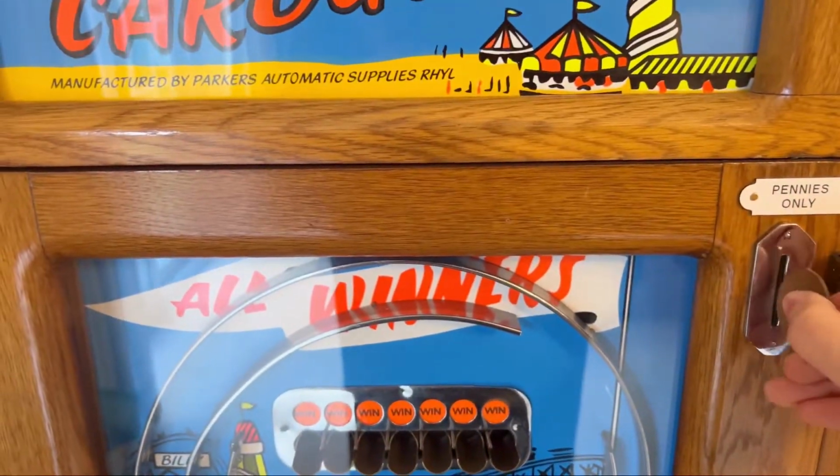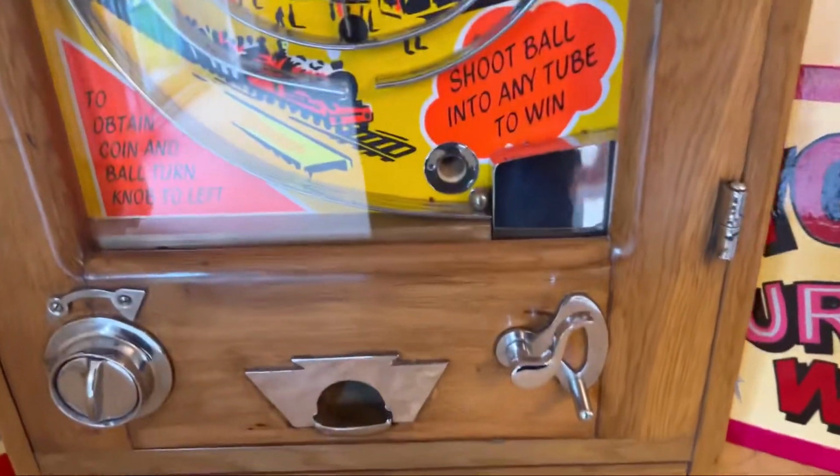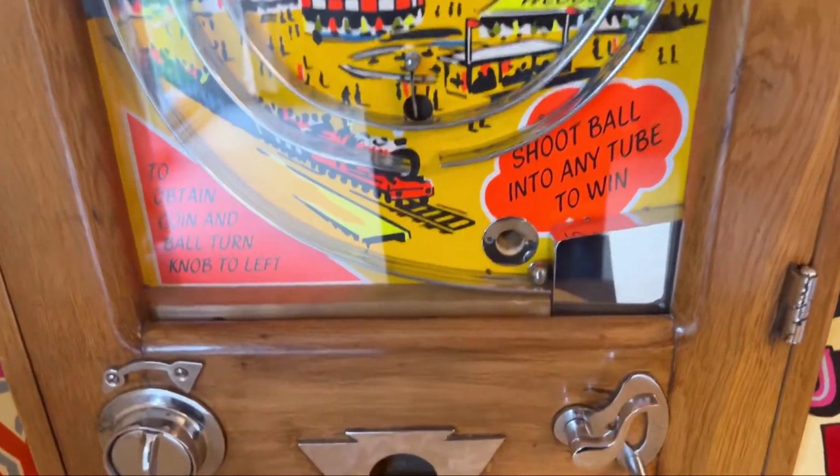It's not looking good for me though, is it? A great sign on how much money the arcade owners would collect over the day. The payout is very stingy. We'll keep going though. Whilst I'm playing, I will add, if you know Parker's machines, you may have seen them